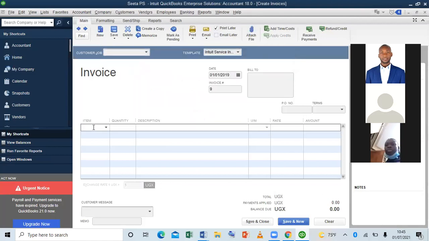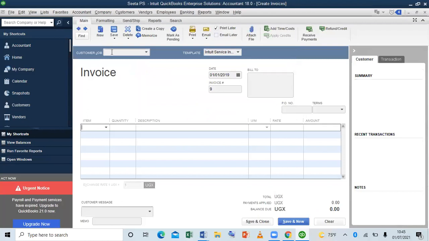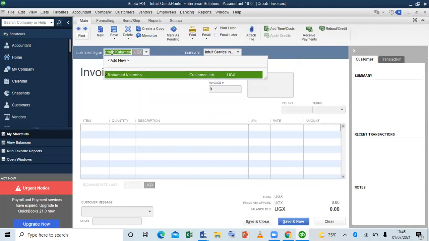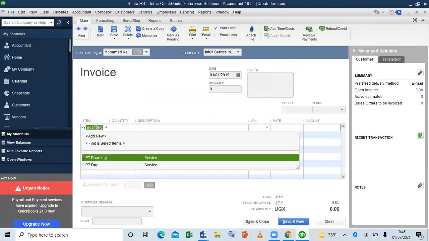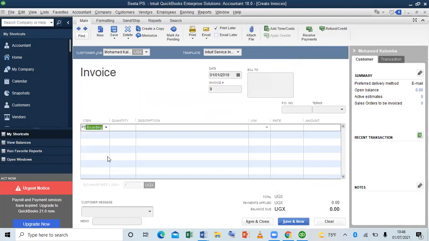Then the last student is Mohammed. And this one is in P7 boarding. P7 boarding. So you save and